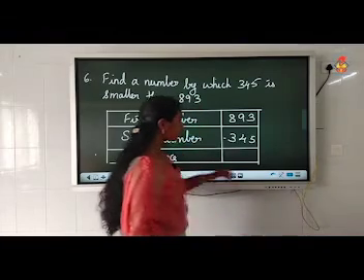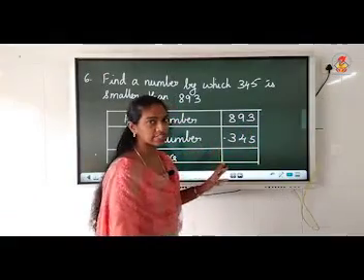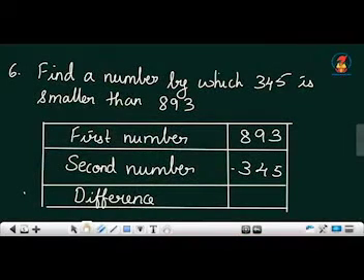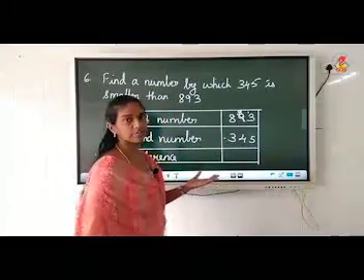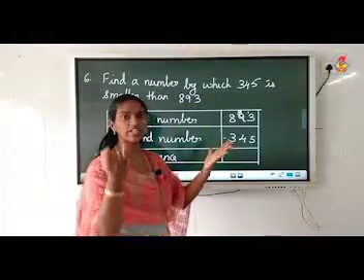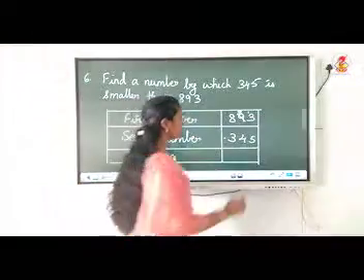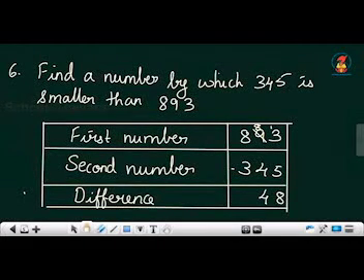What's the answer? Okay. See, children, here you will have to borrow. There is one number here, 3 minus 5. You cannot minus, isn't it? So, what you will do? You will borrow from 9. This becomes 8. And here 3 becomes 13. So, what is 13 minus 5? From 5 you count till 13. After 5, 6, 7, 8, 9, 10, 11, 12, 13. You get 8. So, answer is 8. Okay. Then 8 minus 4, it is 4. 8 minus 3, it is 5.